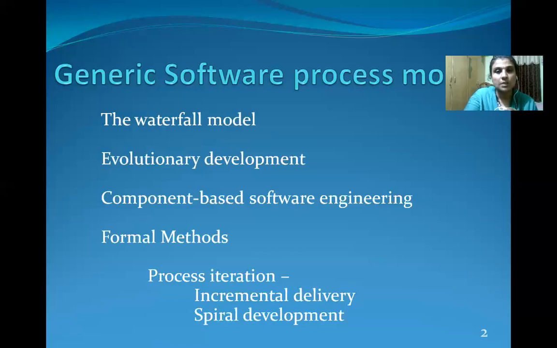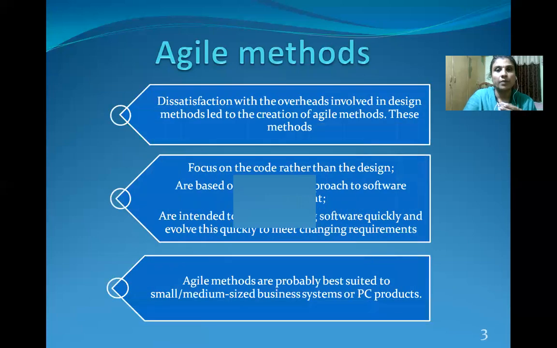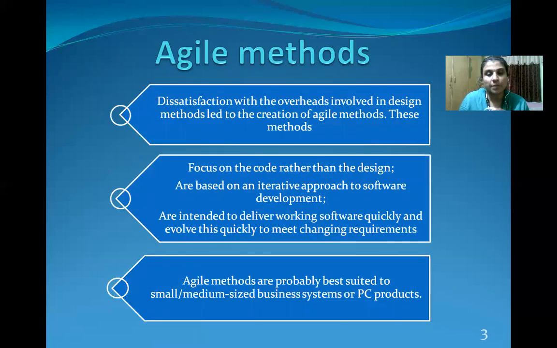Okay, so this is about the generic software process models we have. Because of all these drawbacks, this gives rise to the agile methodology. Most of the companies nowadays have adopted this agile methodology because agile methods follow iterative development, either incremental development or spiral development. They follow this iterative development for developing and delivering a software product. And one more reason we have chosen agile methods is that we have to develop and deliver a software product or application within a short time.